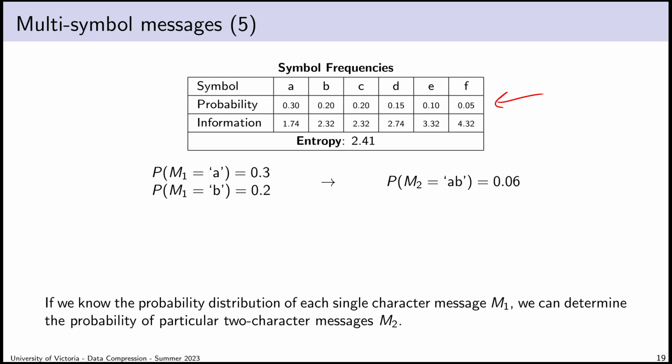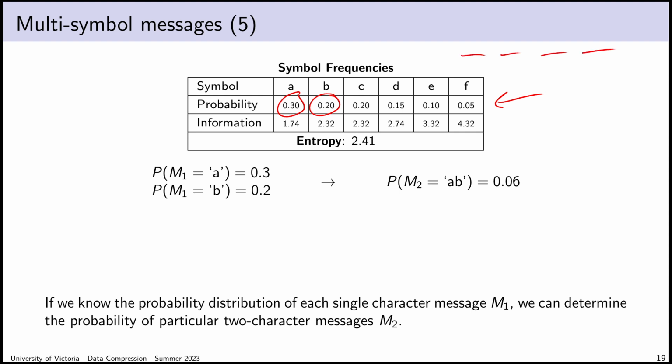Suppose you already know the distribution of single symbols. The reason I'm not showing you the input sequence is that in our model, where symbols are independent, I'm not allowed, if I consider two-character symbols, to take advantage of multi-character dependencies. In practice, I would be, but for the sake of this abstract discussion, I don't want to be affected by that. So if I know that A occurs with probability 0.3, and B occurs with probability 0.2,